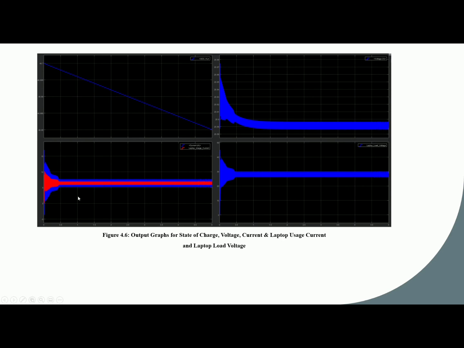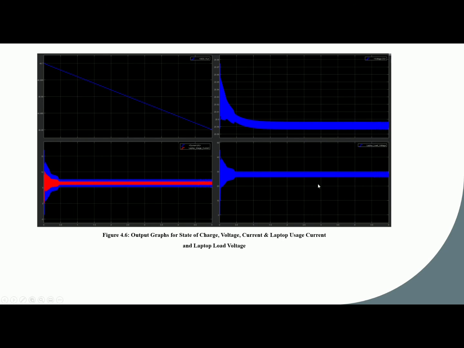Afterwards, on the lower left corner, we have two elements again. One is the current of the battery, and the other one is the laptop usage current, as they are being denoted by the blue and red line respectively again. From the graph, we can see that the current of the battery is stabilizing and oscillating between 5 amps and 8 amps, whilst the laptop usage current has stabilized and oscillating between 6 amps and 7 amps. And a positive sign convention, as you can see at the left side of the graph, indicates that this is the discharging of the battery, since the battery and the capacitor discharge and supply the current to the laptop